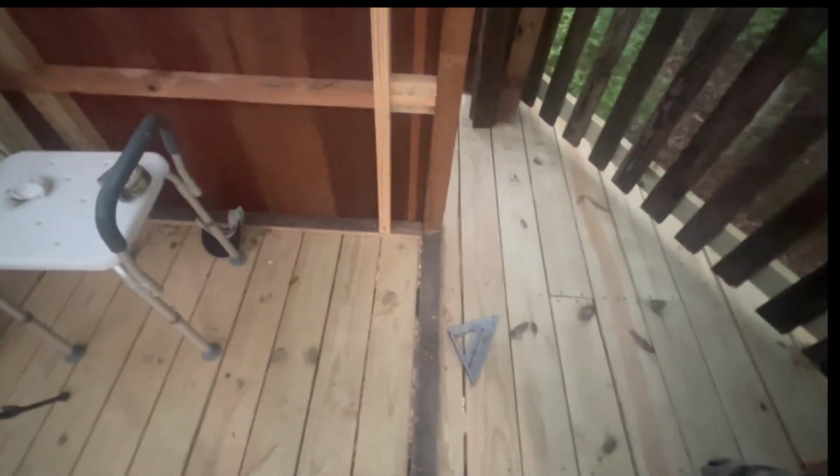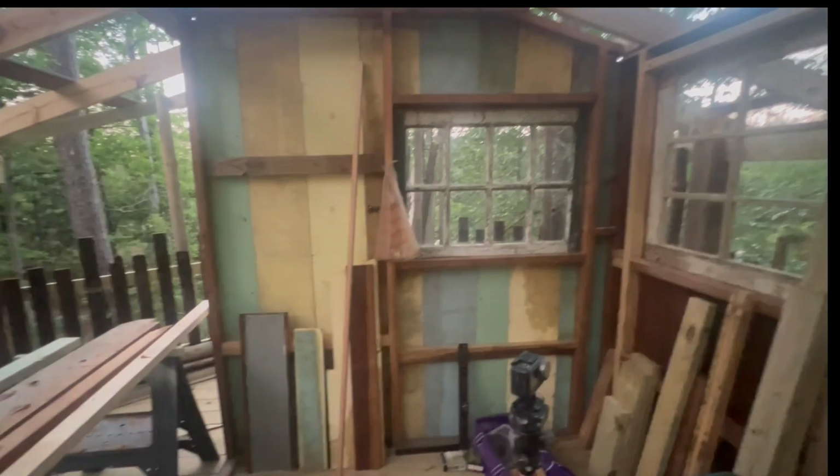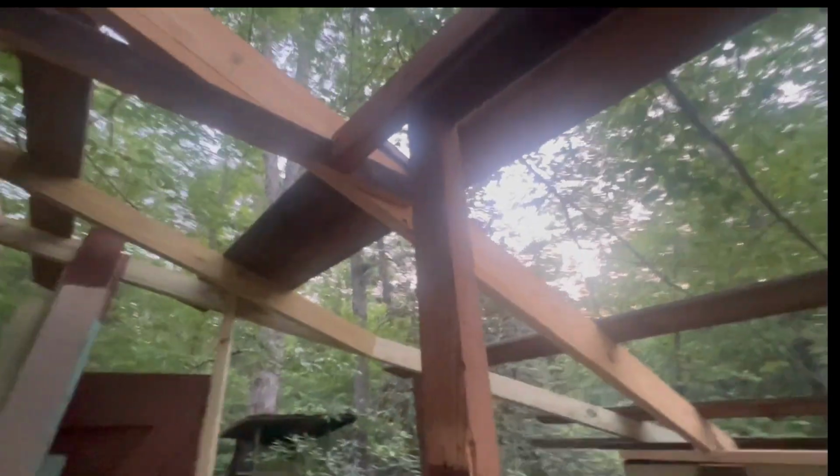All right, it's a new morning. This is our half day. We gotta head home today. I'm gonna start framing this wall. It's gonna be exactly like that wall, except with different siding. So I gotta get my top plate. That one was kind of funky. This one might be kind of funky too. I think I'm gonna,